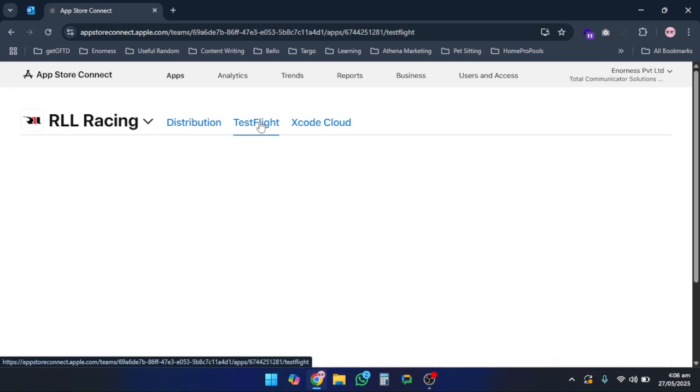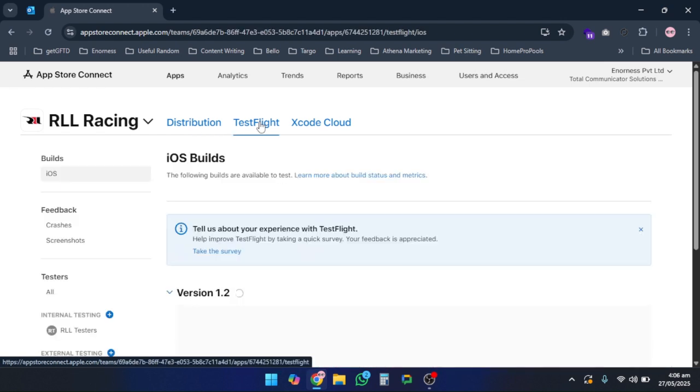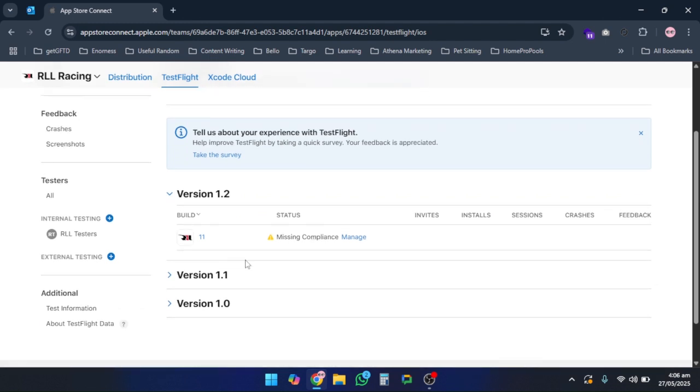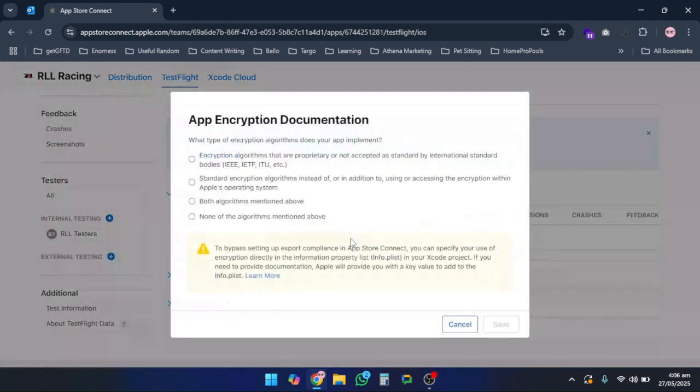Now, let's begin. From your App Store Connect dashboard, go to Apps, select your app, and click the TestFlight tab. Here, you will see the latest build that's been uploaded. But before we can submit to the App Store, we need to complete the compliance first. So click on Manage,